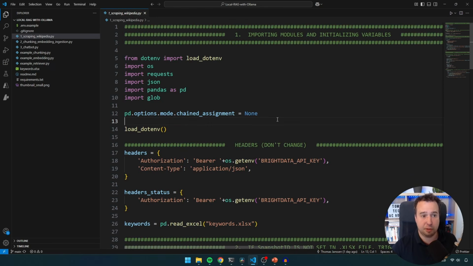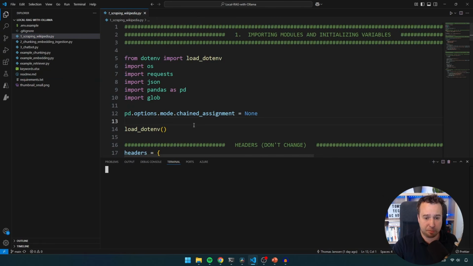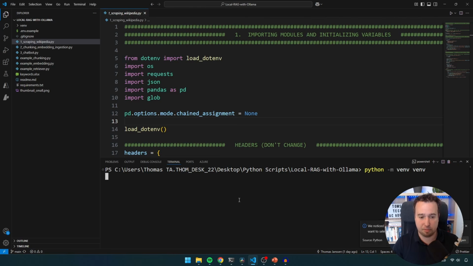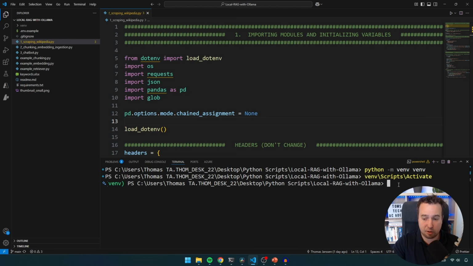Now we have downloaded the code, we also need to create a virtual environment and install all the necessary requirements which are mentioned in the requirements.txt file. So let's open a terminal. Let's type python -m venv, and this will create a virtual environment. We want to switch to this environment when asked, so just click here. Then we're also going to activate this environment by typing venv scripts activate, like this. And then we are going to install all the necessary dependencies in this environment by typing pip install -r requirements.txt